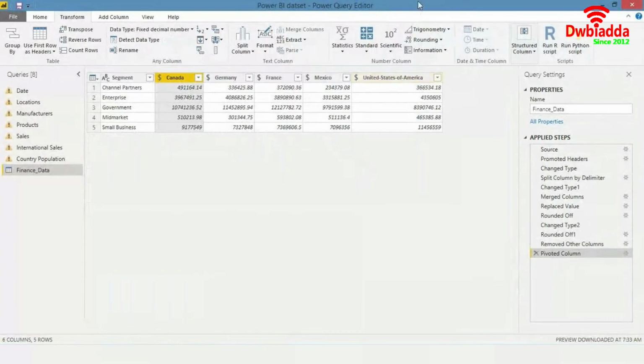So this is the level of transformation that you can do, which is very convenient, and it is very responsive as well. It depends on the data set. If you have a very large data set, it may take a little longer, but it is quite fast. In this query editor only, you can transform millions and millions of rows. I have handled more than 10 to 15 million rows, and it's quite responsive. It is quite convenient to work over here, and it allows you multiple transformations in literally not much time.